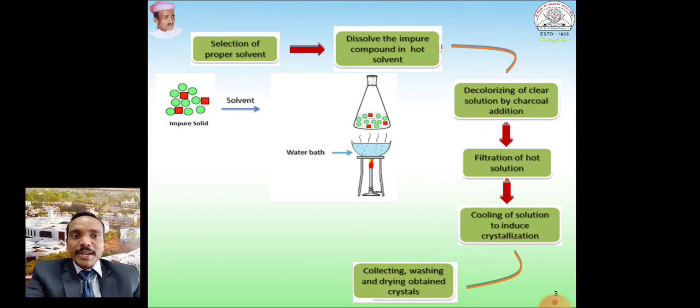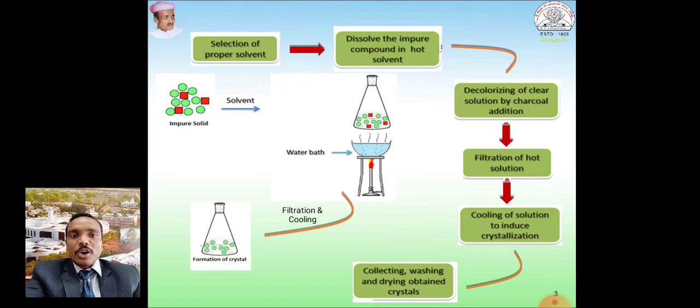Once it dissolves completely, you add charcoal. Heat for 2 minutes and then go for filtration in hot condition only. After filtration, you wait for cooling at room temperature. So likewise, there will be formation of crystals.